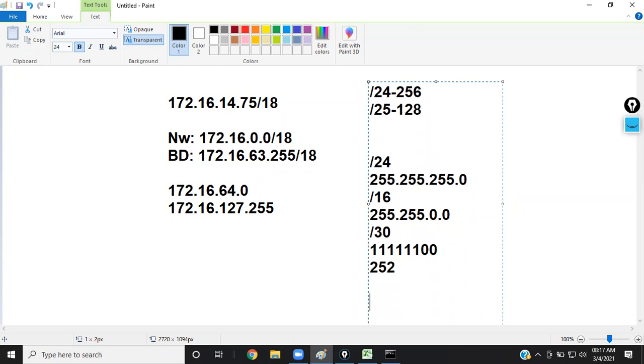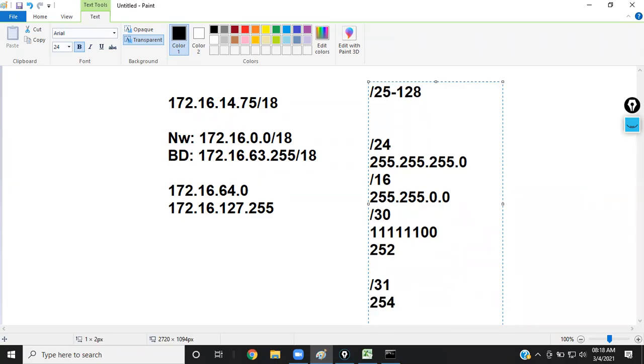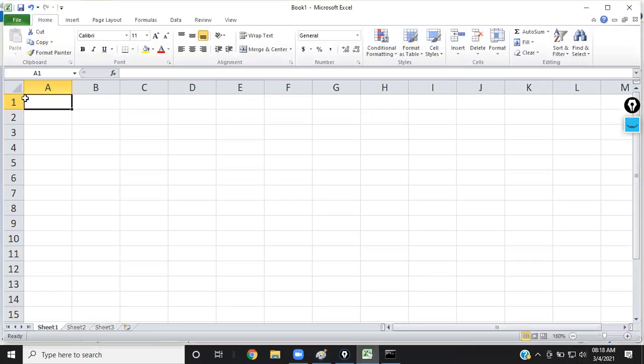Suppose you have /31, then we have a specific number IP address. 254. So we have one calculation. Just focus here. So with the /30, so visible? With the /30,